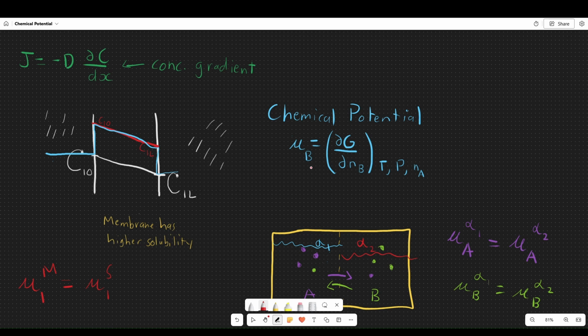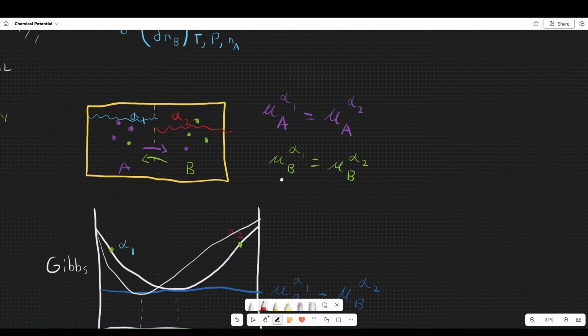And so what we can see now is that we actually can have a system where the concentration goes from low to high and we still see diffusion, right? Because it only depends on the constant and on the chemical potential. The chemical potential is what drives diffusion. So then you might ask, okay, well, why do we use concentration gradient instead of saying chemical potential in the equation, right? Is Fick's law wrong? Well, no, because what typically happens is